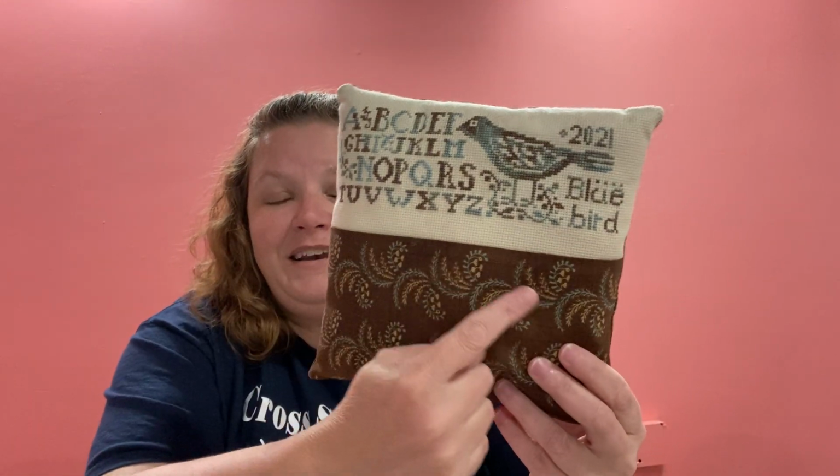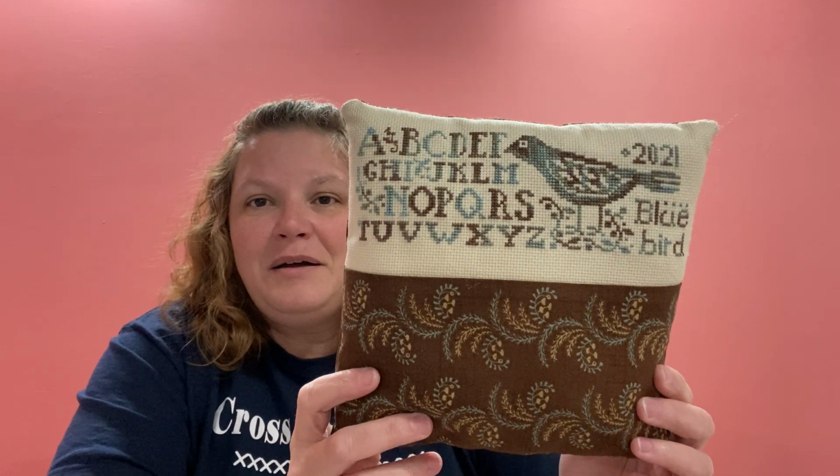And then Sebastian from Bees and Tees Stitching sent me their Bluebird sampler. I can't think of who the designer is. Of course I can't. Heart and Hand? Somebody will correct me. Do you see what I did here? I did the whole fabric on the bottom thing. Do you know what it took for me to do that? It requires thinking and spatial awareness, stuff I'm not good at. I'm so proud though. I'm so proud. I'm not sure if I want to do a trim or stick something on here, but